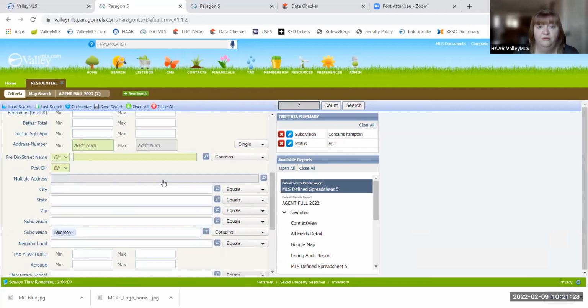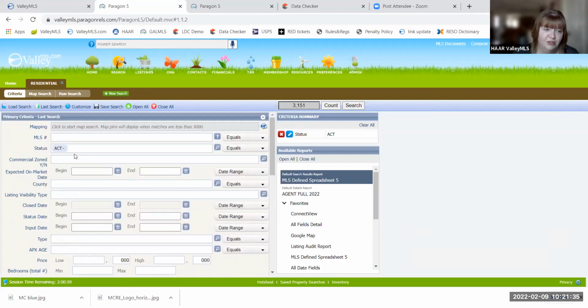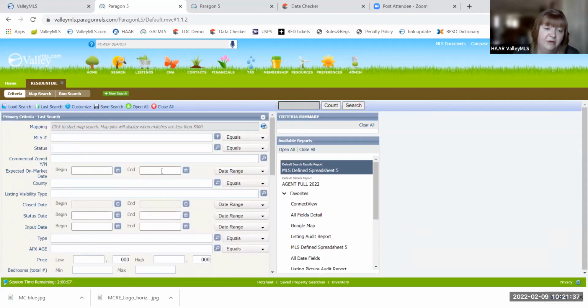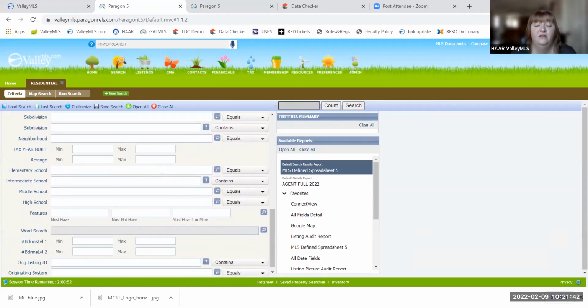It's completely a preference, but a great thing to note here, because it happened to me too, is I have a saved search. This is the search I have saved as my residential search. I've customized it. So that means when, as staff, the MLS defined search was updated, mine wasn't, because I'm not using that. I'm using my saved search. So I point that out because there are fields that may become available that won't immediately populate into your search if you're using a saved one. I feel like I've said the word search 1,000 times.